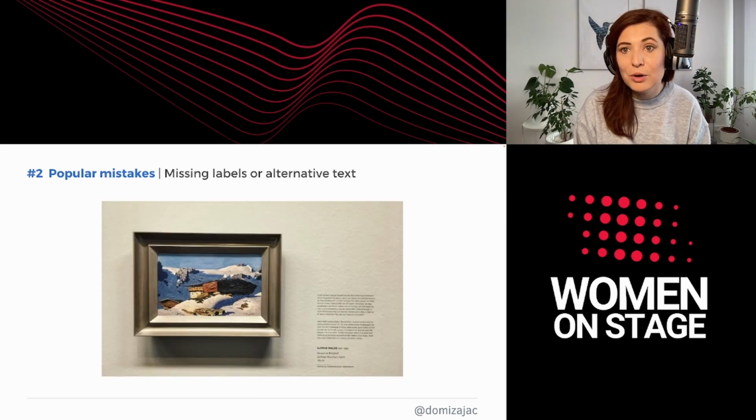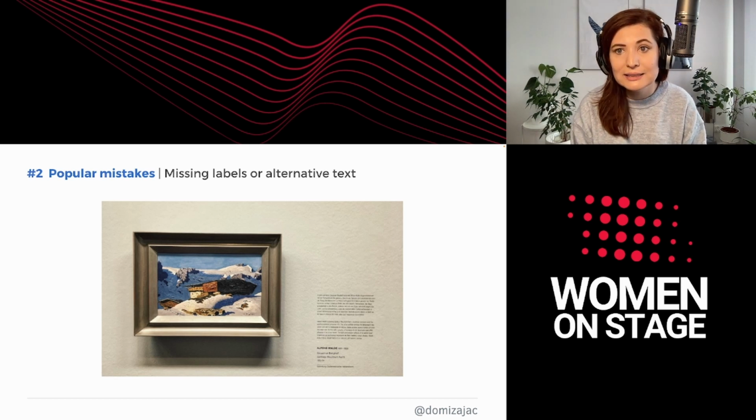And the last problem I want to mention is a missing label or alternative text. Sometimes it's hard to understand what is in the picture without additional information. And when you use, for example, a screen reader, you need some description of what is in the picture. We can use the alt property for that or aria-label. When something is just decorative, you can leave this tag empty or use empty quotes, so the screen reader will know to avoid that. You can also use the tag aria-hidden true.